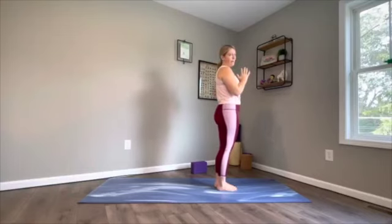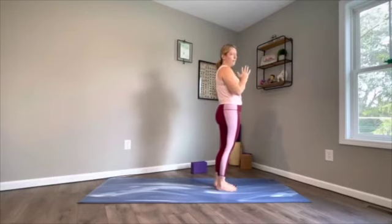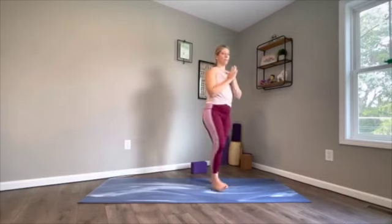We're going to work on balance here. So at any point, you can modify. I'll give you some ideas. So inhale, lift the left knee into the chest. Turn here maybe. We'll take that left foot across the right knee and then start to send the hips to